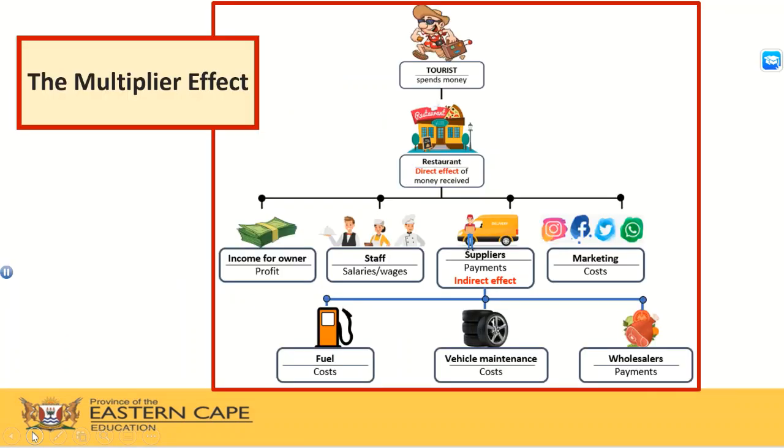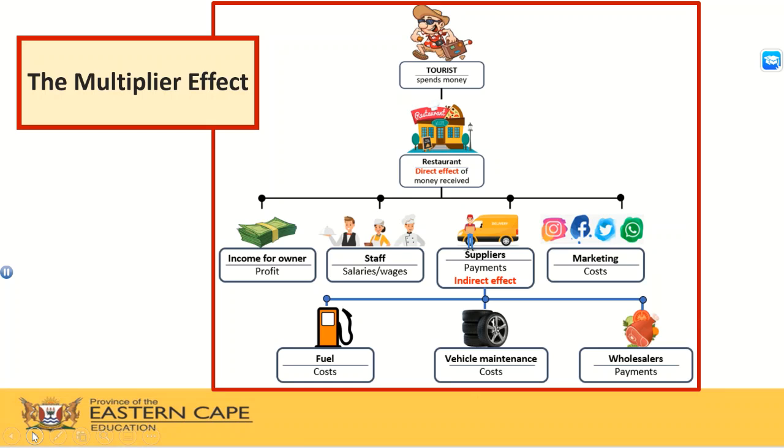Here's another lovely graphic image that will help us to understand the multiplier effect. We have a tourist that is spending money, and in this case specifically at a restaurant, and the restaurant is then benefiting from the direct effect of the money received. If you look at the various aspects or the regions where the restaurant will benefit, you will see that the owner